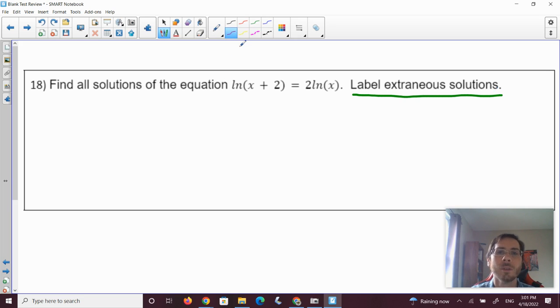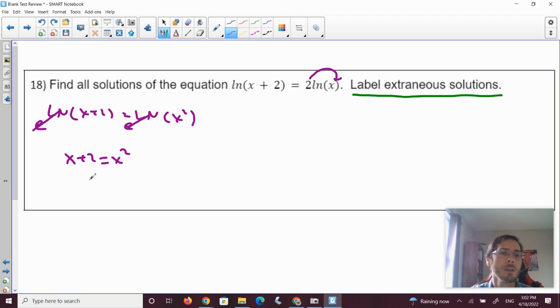So what you need to do is take this 2, and you need to actually condense this. So this 2 is going to go back over here and become an exponent for x. So ln of x plus 2 equals ln of x squared. Now that these are both ln's, if we want, we can raise both sides to the e power, because e to the ln would be 1. They would cancel each other out. They're inverse operations. So we get x plus 2